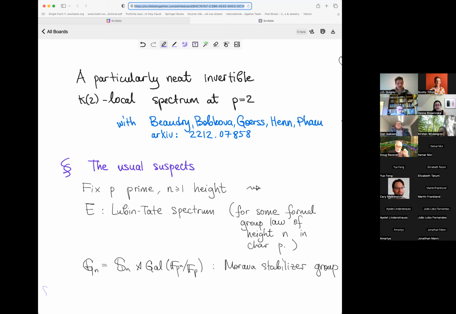Agnes, Irina, Paul, Hans-Werner, Viet Cong and I finally posted this paper in which we compute the exotic Picard group of the K2-local stable homotopy category at the prime 2. There's a bunch of different things that go into that. The great thing about writing a long and technical paper like that is that I can give lots of different talks about it for a while. So here's a variation on something that's in there.